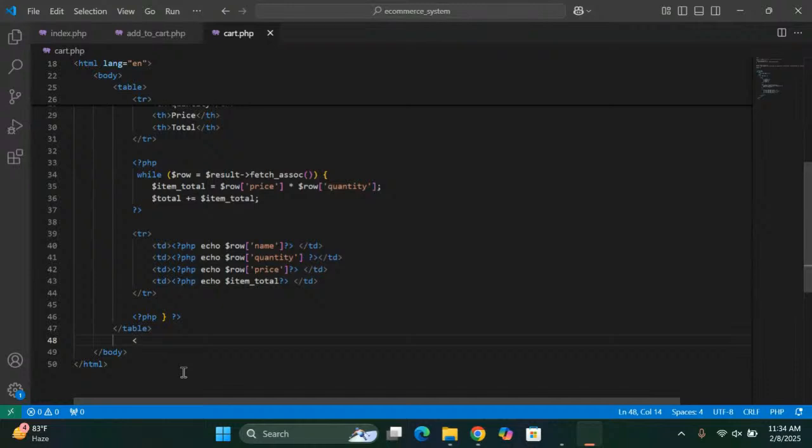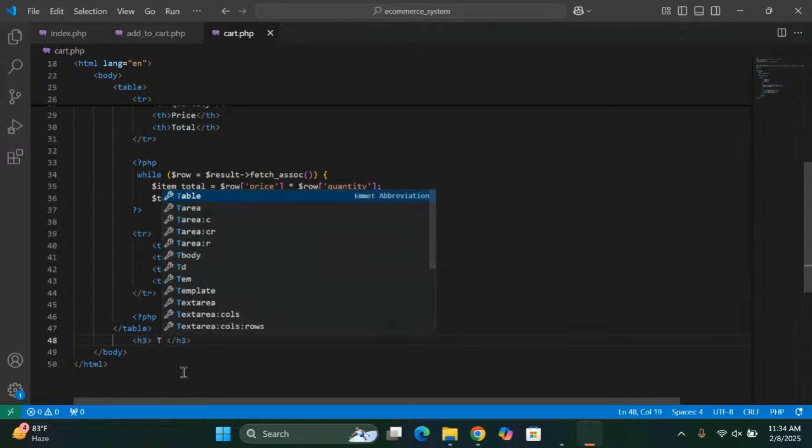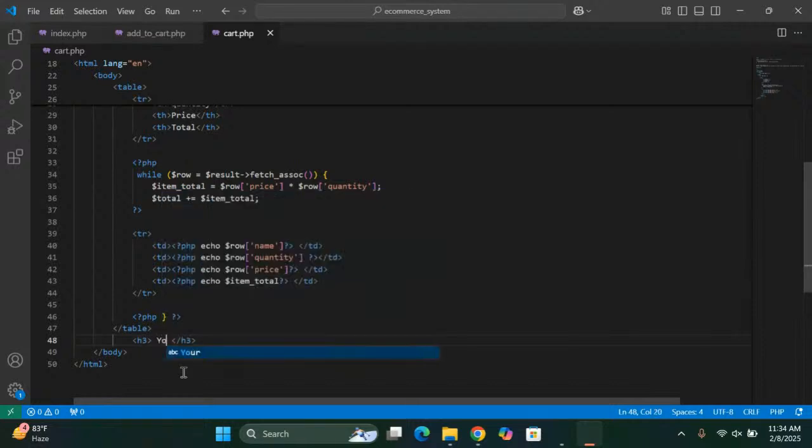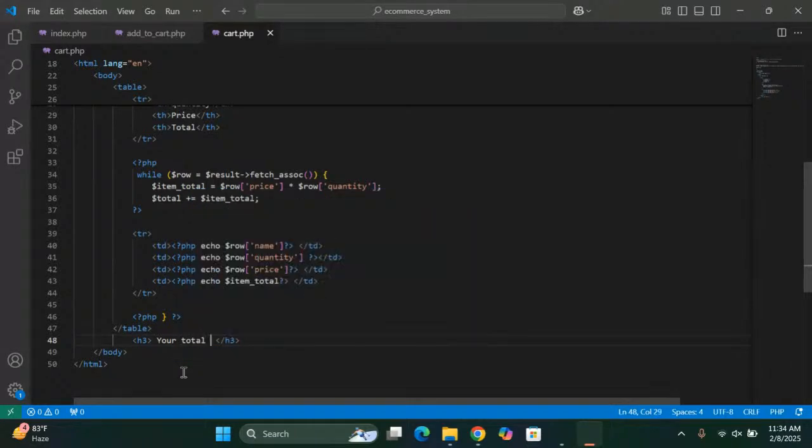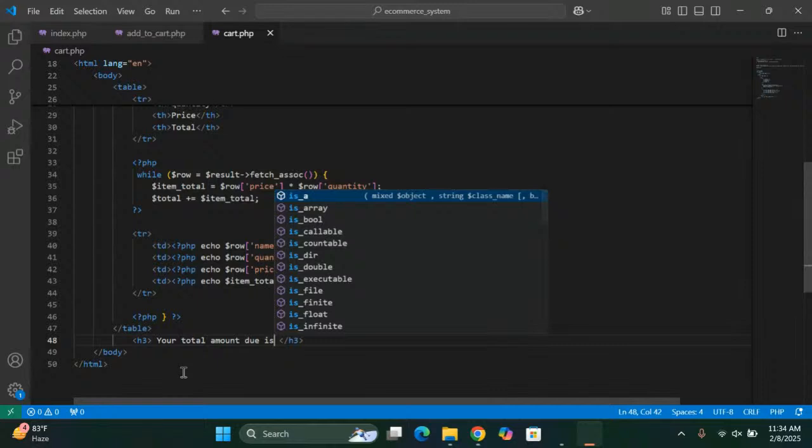We can say maybe H3, and close the H3 tag. We say your total amount due is